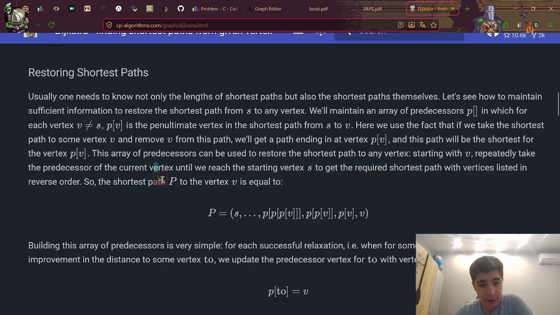So the shortest path P to vertex V is equal to P equal to S. Then